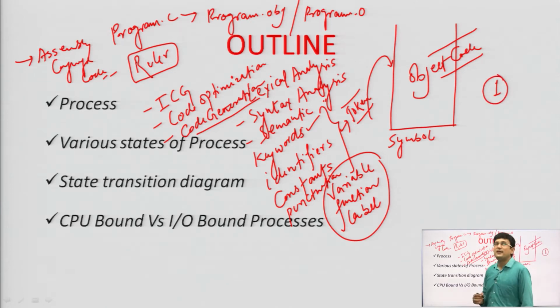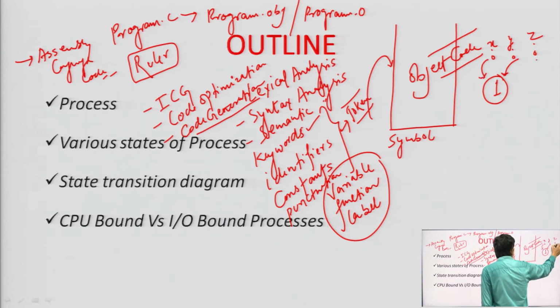There may be some other files which may need to link with this file. For example, if we are using header files, the header files should also be linked with this program, or if you are doing the coding and you are referring to some other file or program, that should also be linked with each other. So, let us say we have x, y and z, and we have created the object files of these also. These are also linked with our original program. This process is called linking.